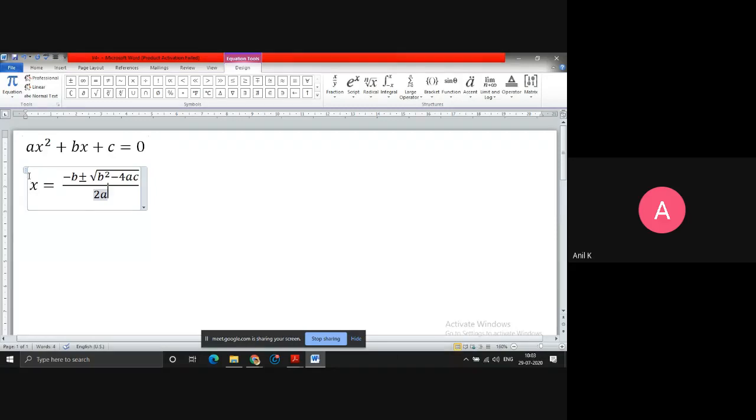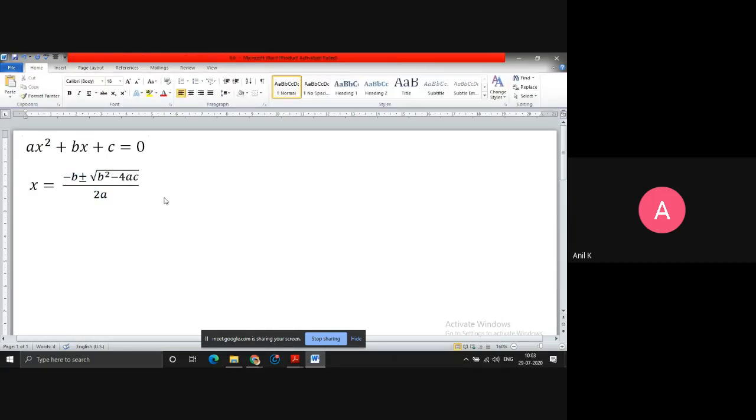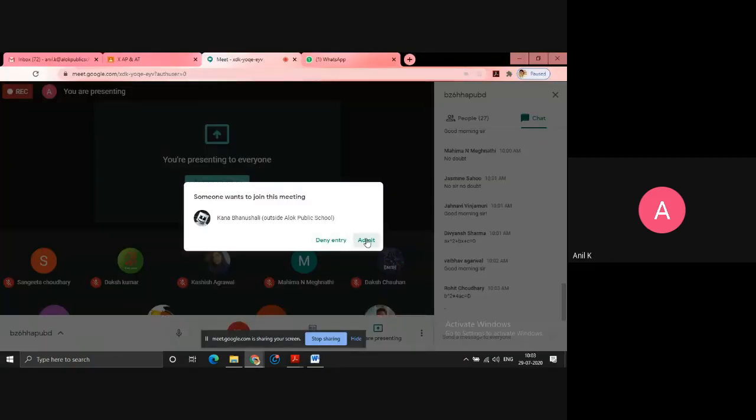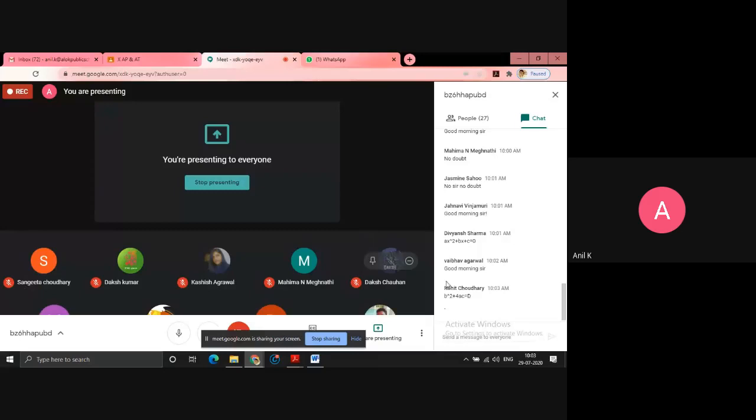So if they ask in the exam to solve by quadratic formula, then I have to use this formula. On the RHS, the formula is involved only with the A term, B term, and C term. A, B, C values we get from the given quadratic equation. Then substitute here, then simplify it. Whatever value comes, that will be the x value. This method is very useful because in factorization, sometimes you may not be able to factorize very quickly. It's b square minus 4ac, not plus 4ac.